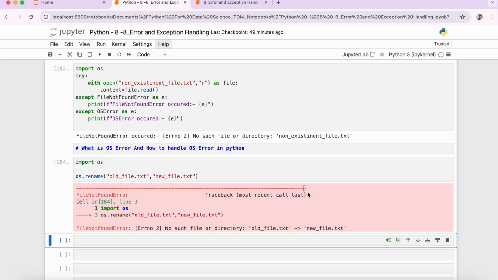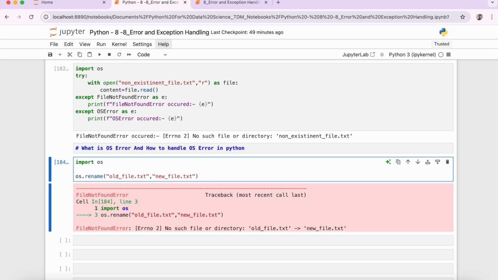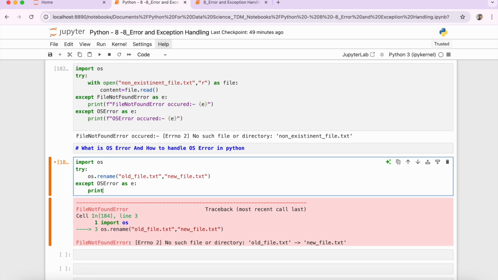Okay, so let's run this. You can see over here FileNotFoundError. Okay, so this is a subclass of OSError, and if I want to handle this error, then what I can do is simply put everything in my try block, saying try to open this file, or try to rename this file. If you encounter an error, then check if it is OSError, and I'm renaming it as e, or giving the alias e, and then I'm going to print